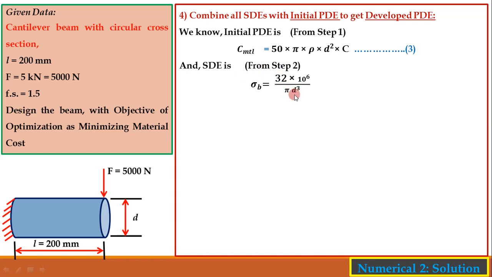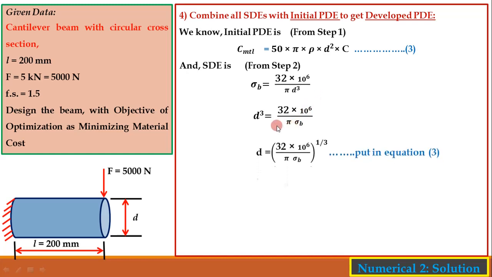So we can take this D on the LHS and put its value here, so we are indirectly combining the SDE with the PDE. Let us simplify this to get the value of D. D cube is equal to 32 into 10 raised to 6 upon pi into sigma B. Now D will be (32 into 10 raised to 6 upon pi into sigma B) raised to 1 upon 3. Now we have to put this value of D in this initial PDE, that is, we are replacing the geometrical parameter D,